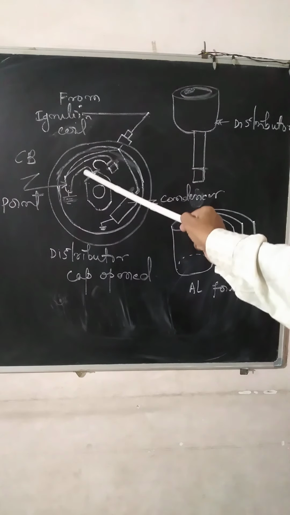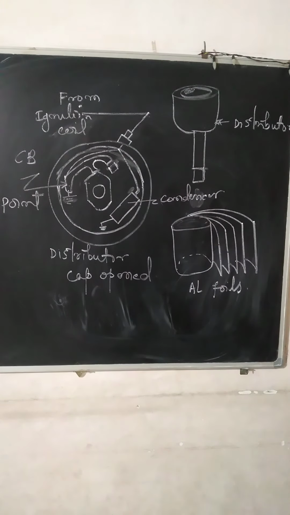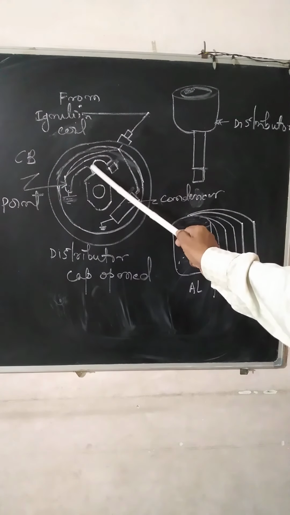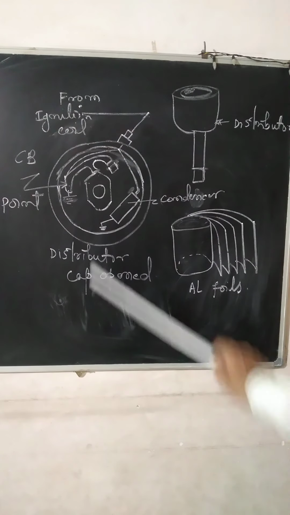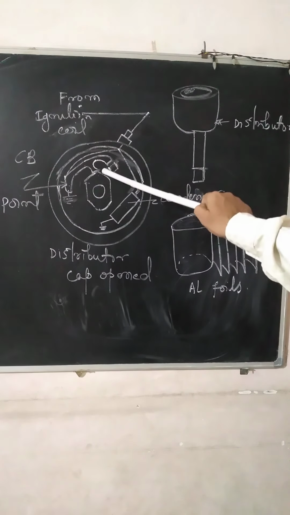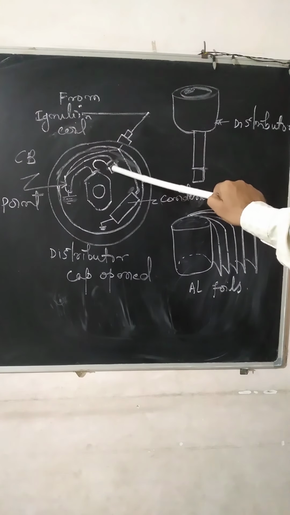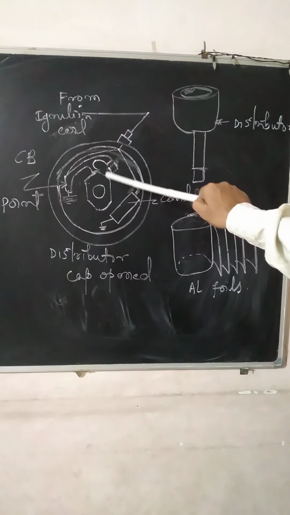If it is a 6-cylinder engine, there will be 6 lobes. If it is a 3-cylinder engine, 3 lobes will be there. Usually the petrol engines will be 3-cylinder or 4-cylinder engines. If you consider that it is a 6-cylinder engine, like this, there are 1, 2, 3, 4, 6 lobes over here. So that means 6 times this will open and close. This contact breaker point is connected to the body over here. This will be opened and closed by the rotation of this knob.